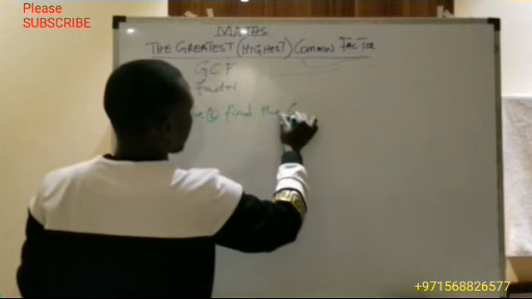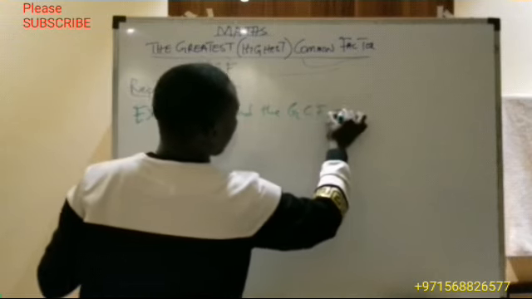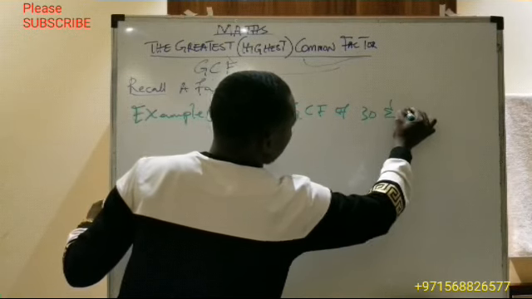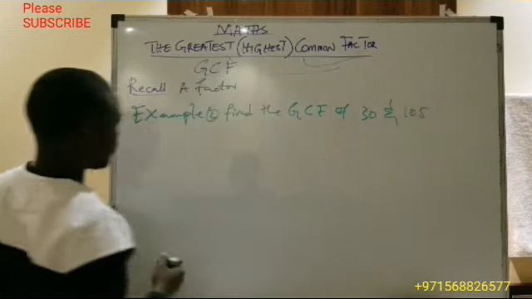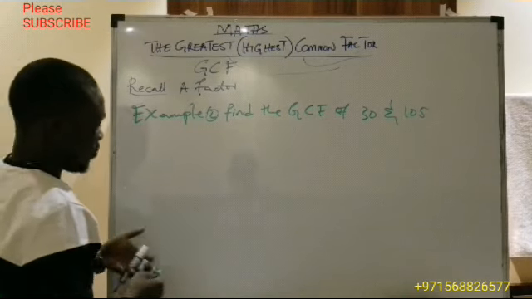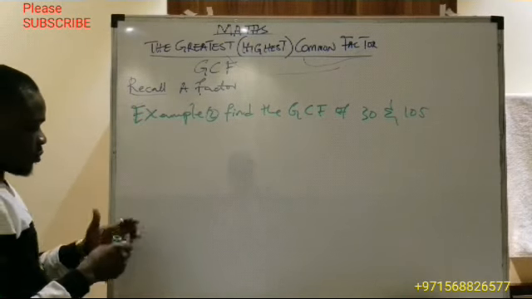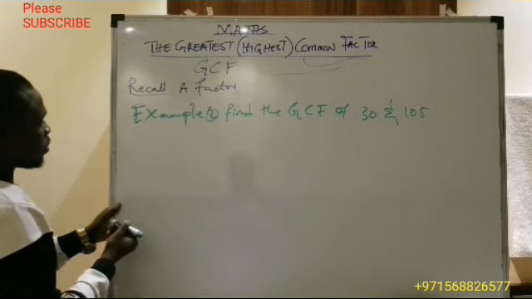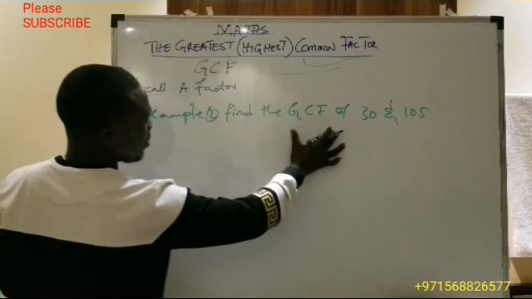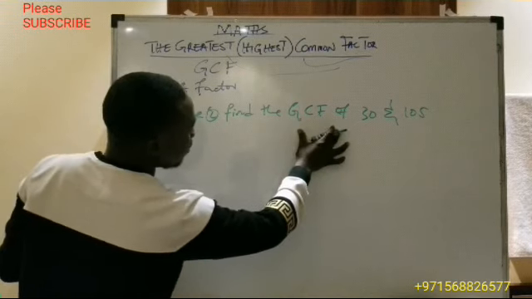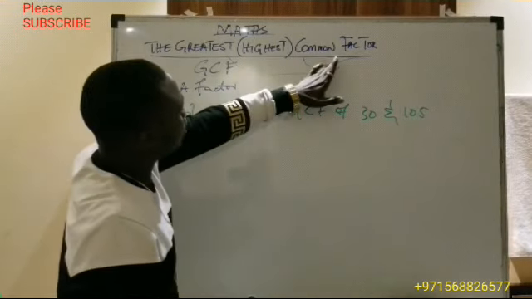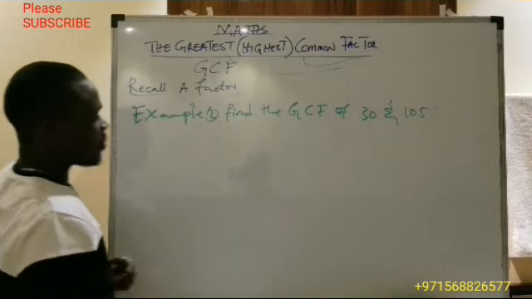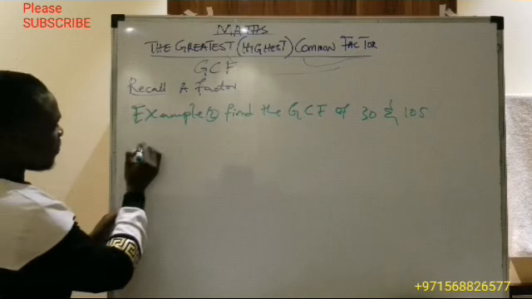Find the HCF of 30 and 105. So we shall solve it with two methods and use this also to explain factor, common factors, and greatest common factors. So the first method,